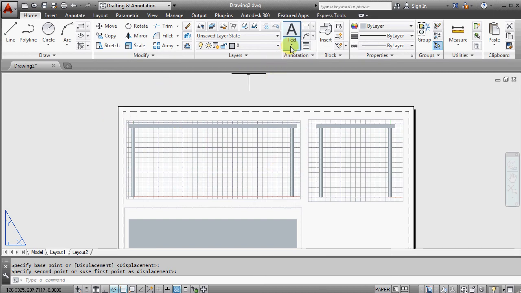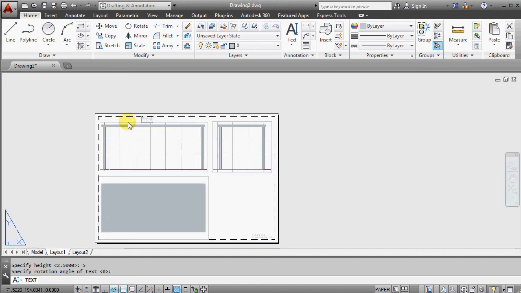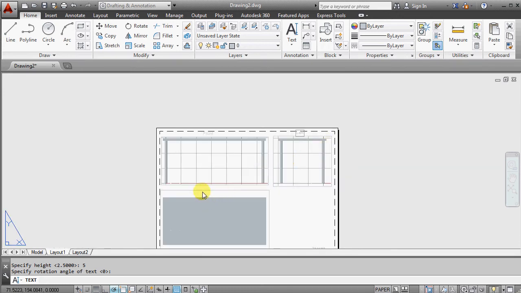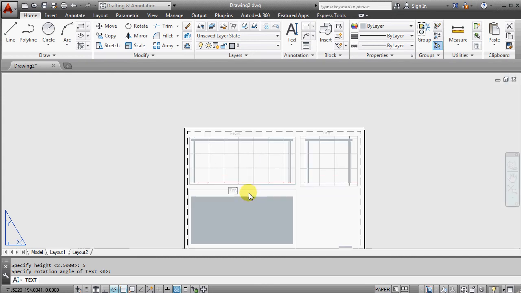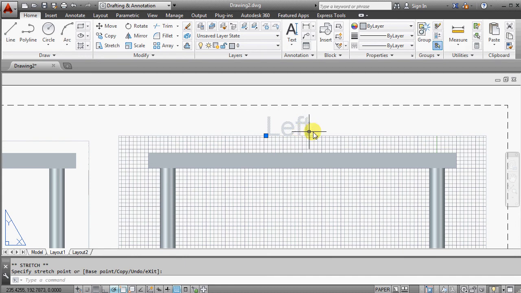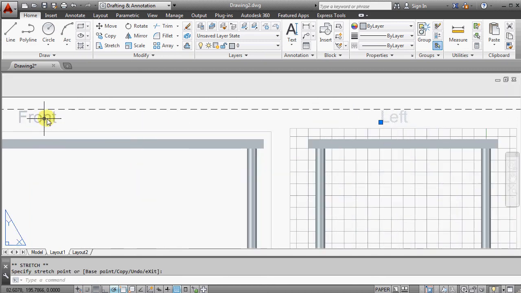And I make single line text. I click here and 5mm height text and angle 0, and then I start typing. This was front, then I move here, click here. This was left, I click here. This was top, and 2 enters. 1 enter makes new line, but second enter ends. Actually, I need to move this a bit down. Maybe I put it here. Okay, and